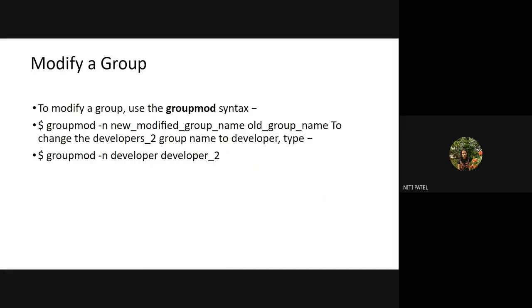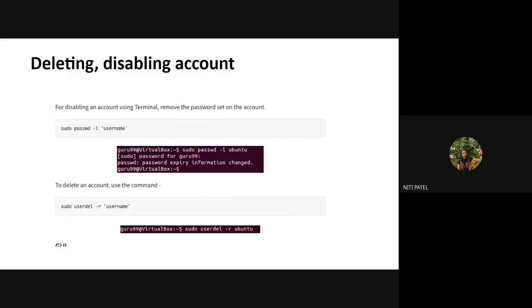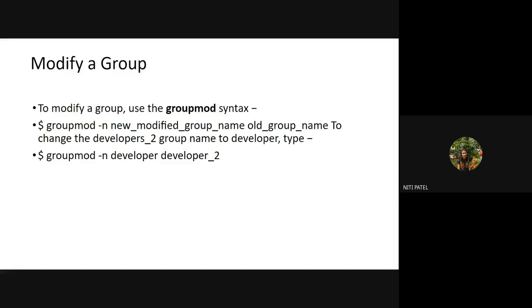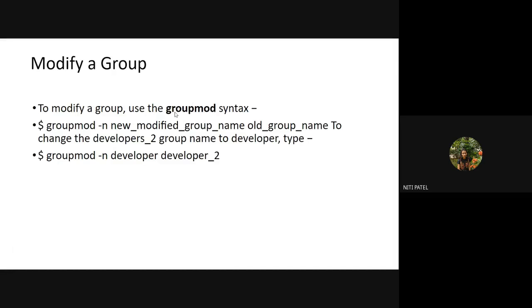Today we'll be seeing how do we modify a group. So we had already seen how do I create a group, how do I add a user to the group, how do I disable a group, how do I disable an account, and how do I delete. Now when I say modify, what I mean is I'm changing something in the group. If I want to change anything, the command used for that is groupmod. What does this groupmod mean? I'm modifying the group. Okay, what modification do I do with the group is, if at all I want to change the name of a group.